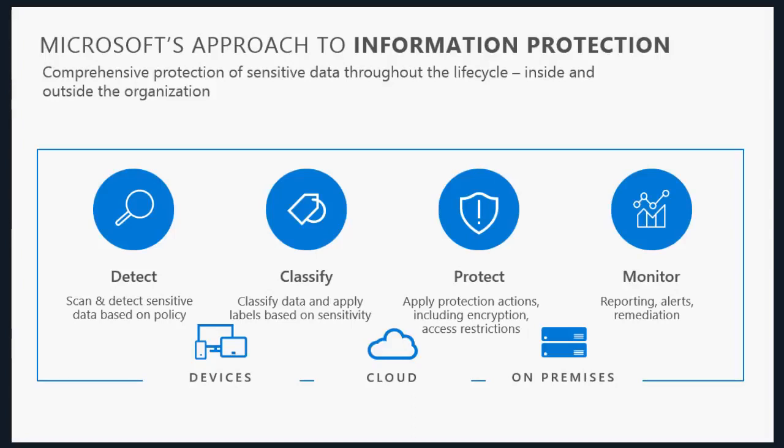The third is, once you have understood your data estate and you have thought through the various types of classifications that you want to apply toward that data, you then think about, okay, do certain classes of data need certain levels of protection? And protection here means two things. It means encryption of the document from a security point of view, and we do that through Azure RMS, which is now the back end to Azure Information Protection as well as Office Message Encryption. And secondarily,